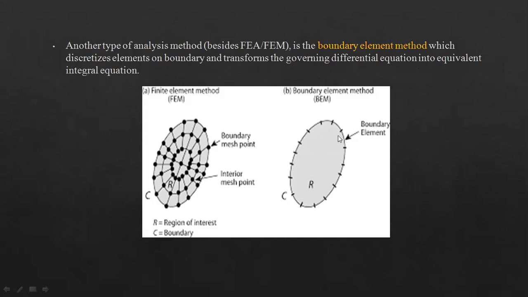All those will be utilized to transform the governing differential equation into equivalent integral equations. So instead of discretizing completely all through the component, we'll discretize it only on the boundary. That is another method besides the finite element method.